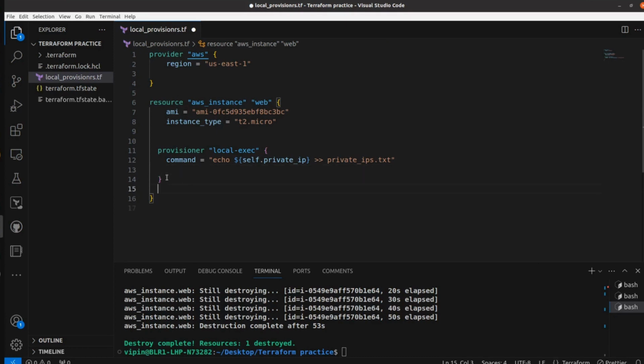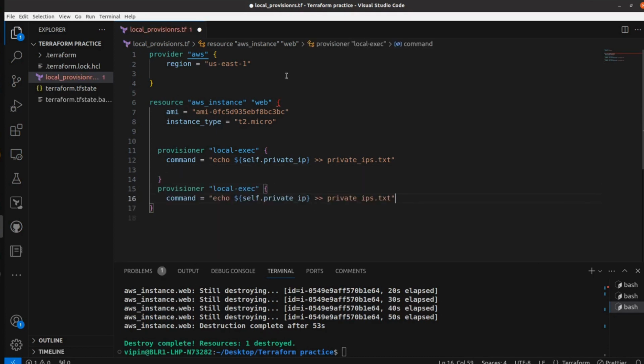Yes, there is no error now. Let's save this, and instead of private, use public IP here, and here as well.